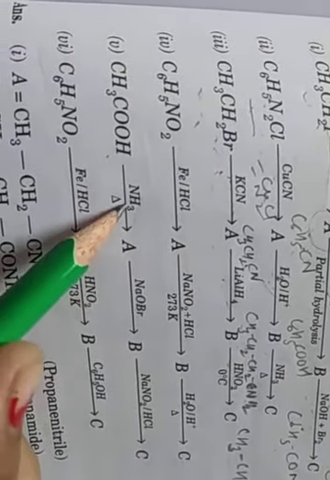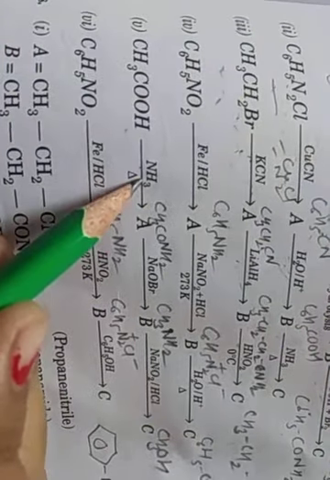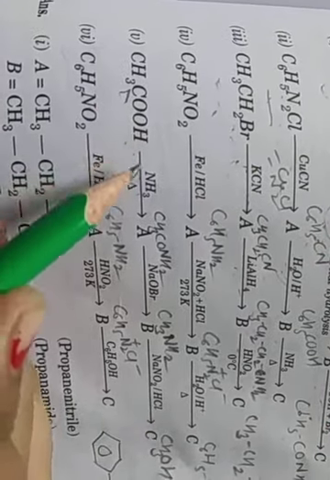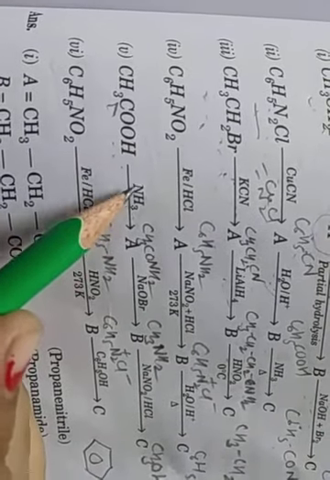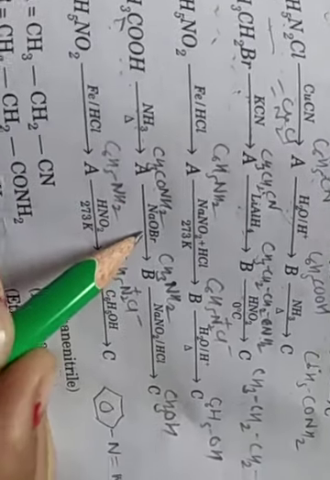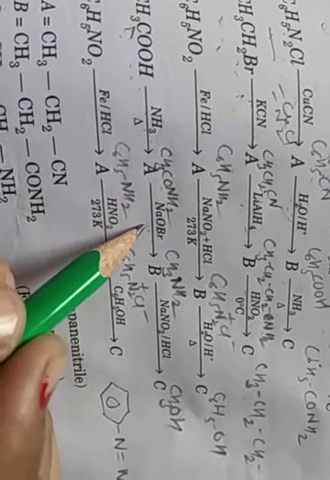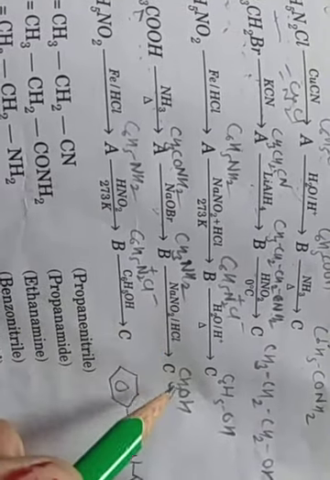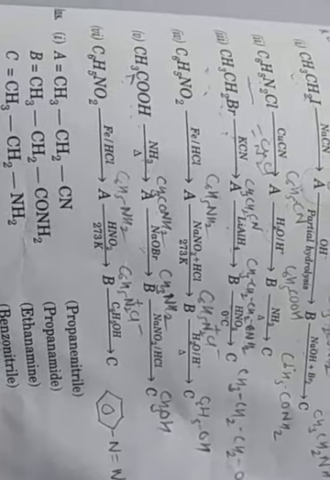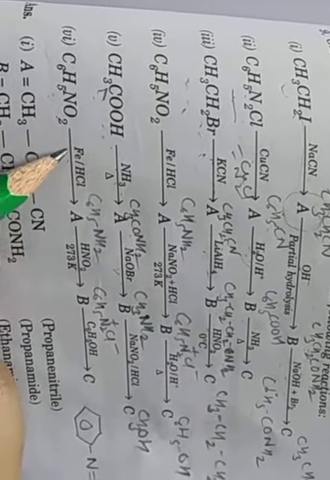Then next is CH3COOH. So react with the ammonia. So same as a CO and NH2 and NH3. NH2 attaches with this, and then water is lost, and this amide group reacts with the NaOBr. So CH3NH2 forms, and then the remaining product out, then react with the NaNO2 HCl, so CH3OH. Okay, methanol is formed.